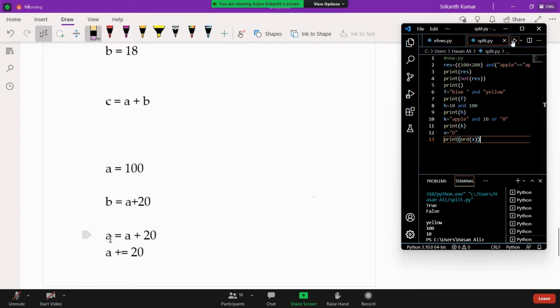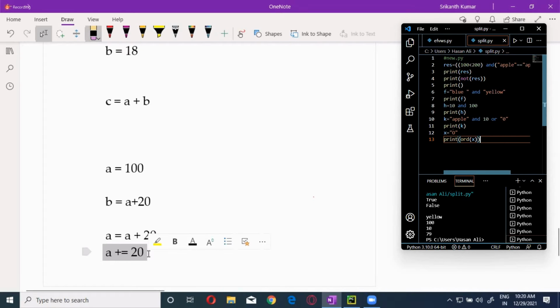Now, if you write this way or this way, both will be the same. When do we call it incrementation? There is a lot of speculation. Is any value which is increased called incrementation? No, that is not it.